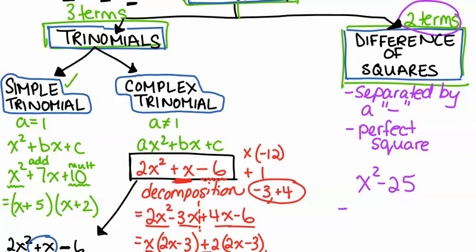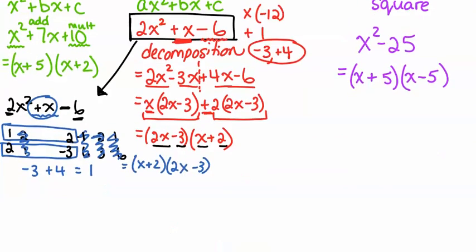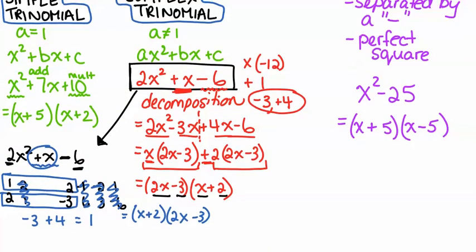So then when we go to factor a difference of squares, it's really quick. We just take the square root of each number, each term. So x is the square root, and the square root of 25 is 5. And then we make one bracket a plus and one a minus. And what you should